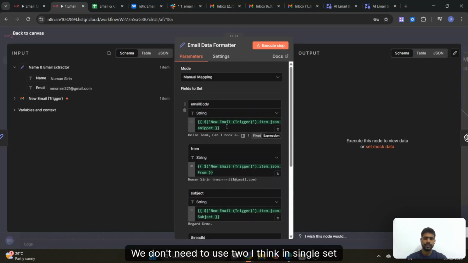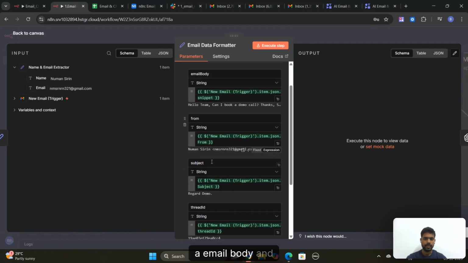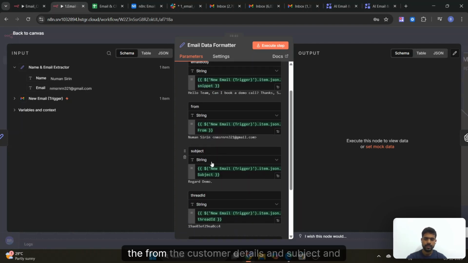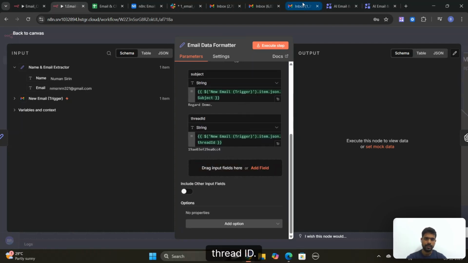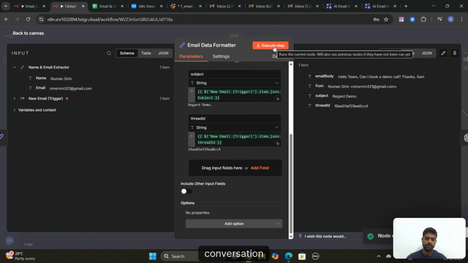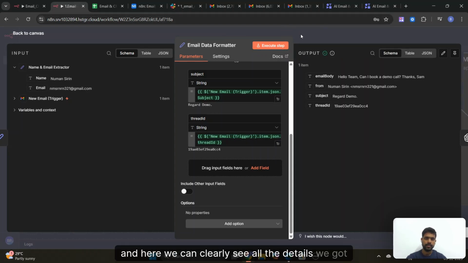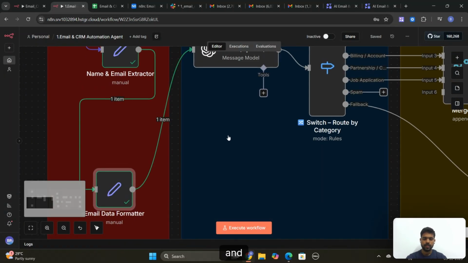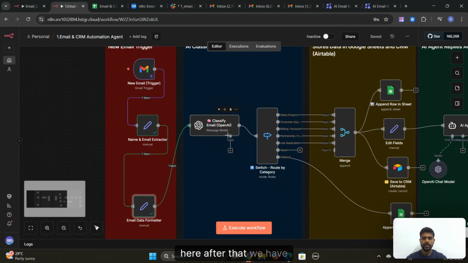I think in a single set node we can also get all the details, but I just wanted to mention it separately for a better idea and better clarity. So here in this set node, we will get the email body, the customer details from, the subject, and the thread ID. The thread ID basically works for the previous conversation, so we can try to get it. Here we can clearly see all the details we got: email, from, subject. And after that we have